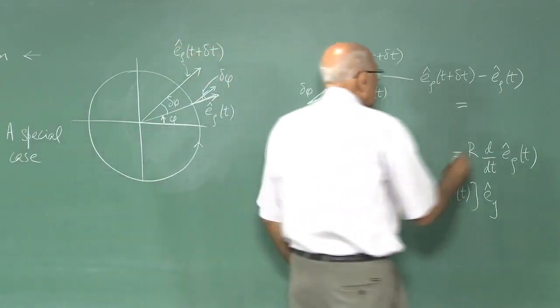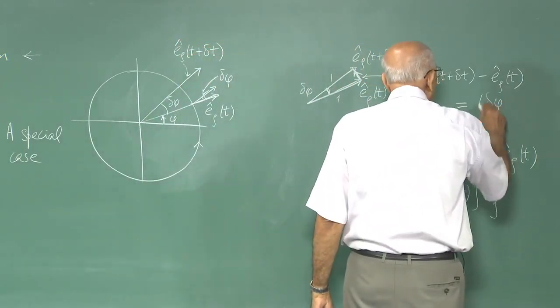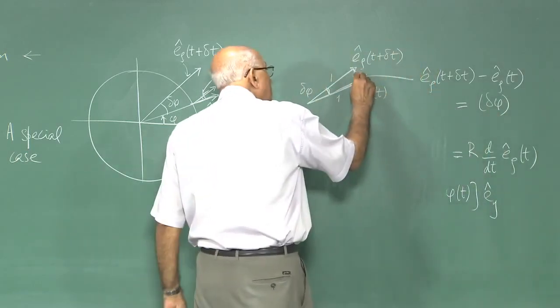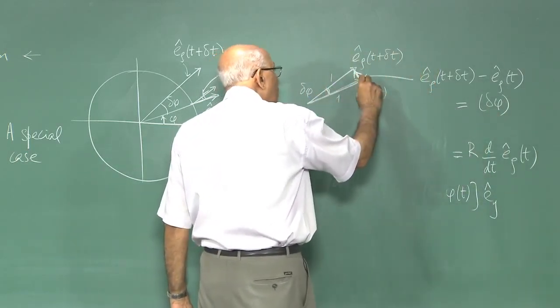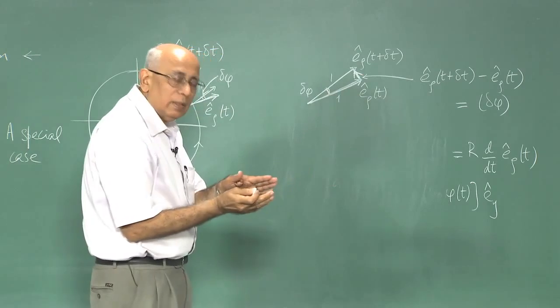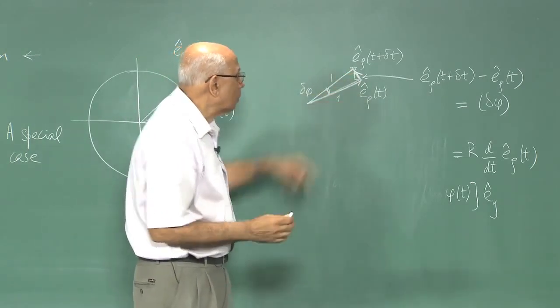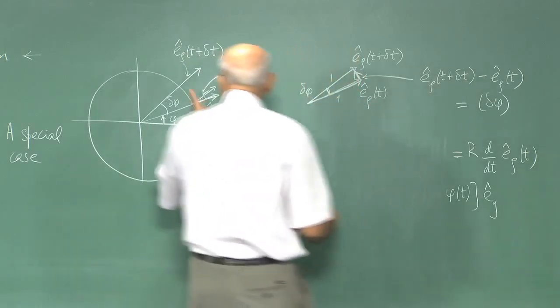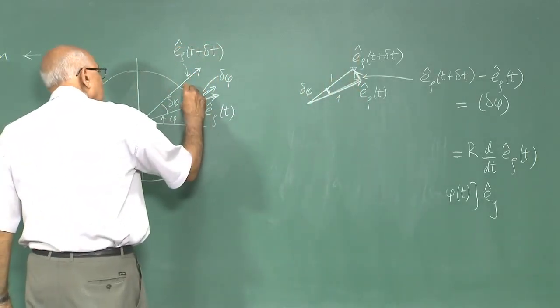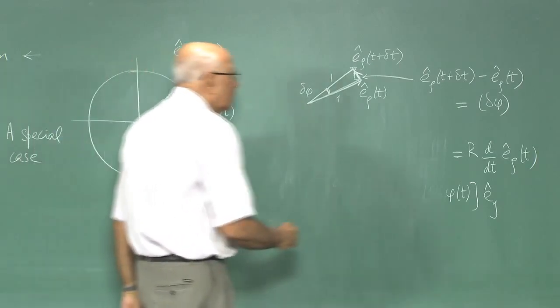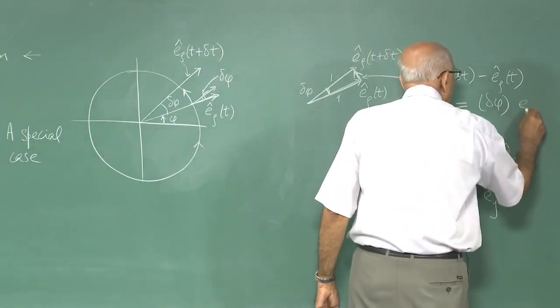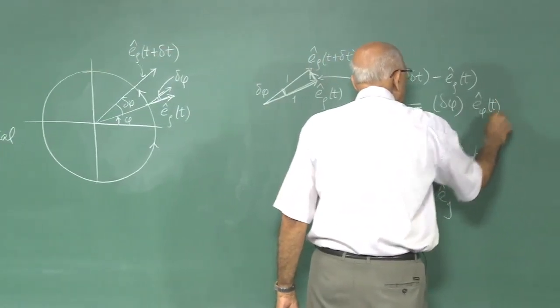So this is equal to delta phi times the vector in this direction, normal to E rho. If delta t is infinitesimal, then this vector becomes essentially normal to E rho, and that is the direction of E phi, as you can see. So it is delta phi times E phi of t,